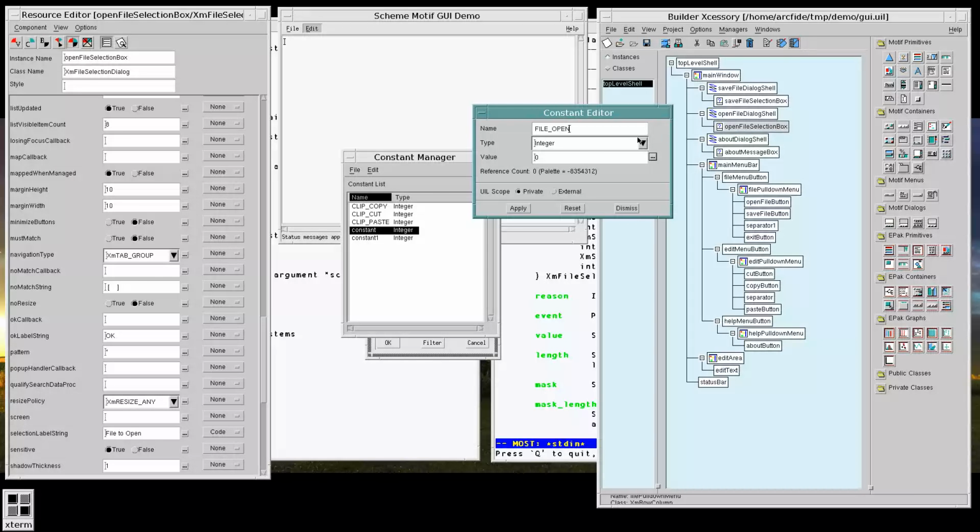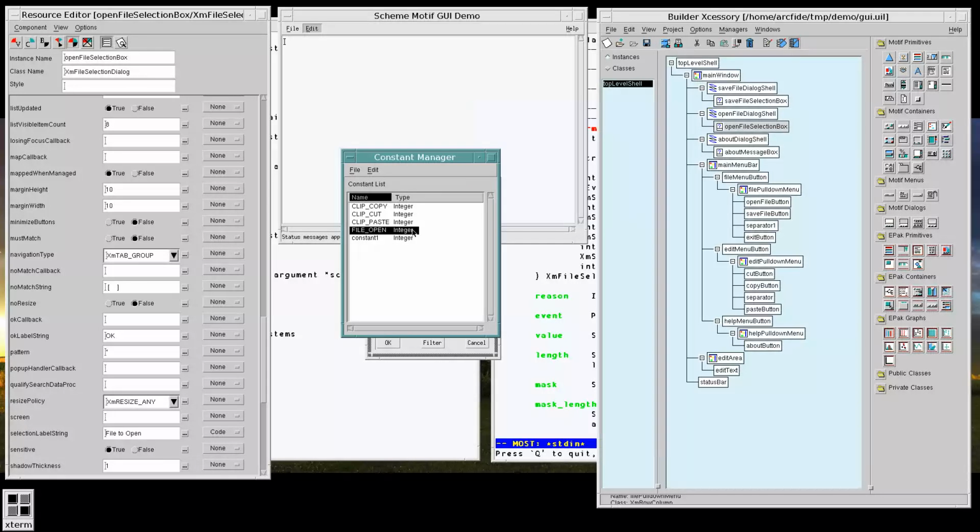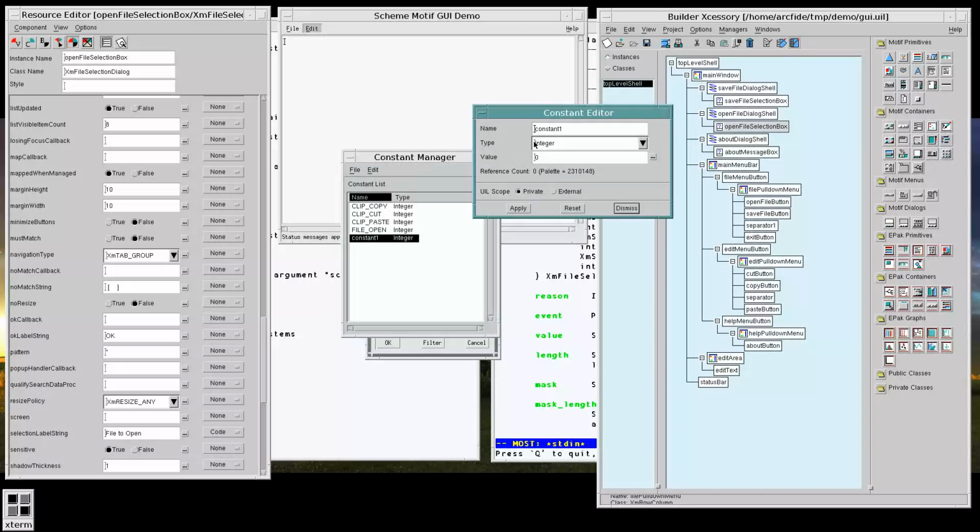And let's make this one file save. That to be 1. Make it external. Okay. We have some constants, and now let's add a procedure